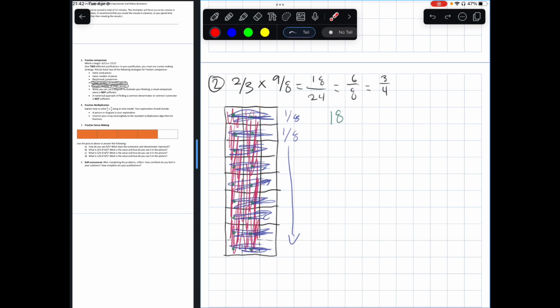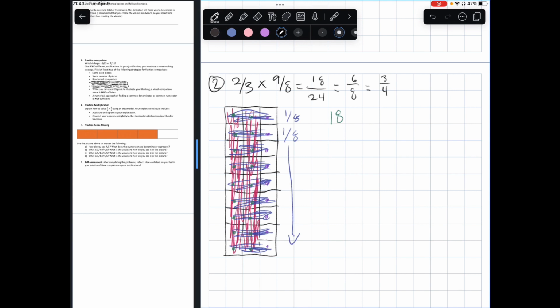So let's just count the squares that we haven't counted. 1, 2, 3, 4, 5, 6, 7, 8, 9. And what we can do from there, 18 plus 9